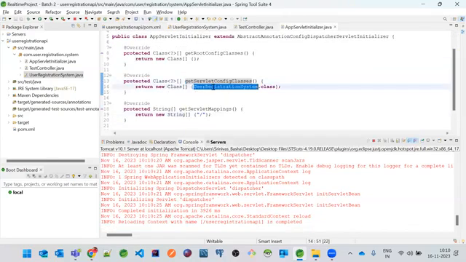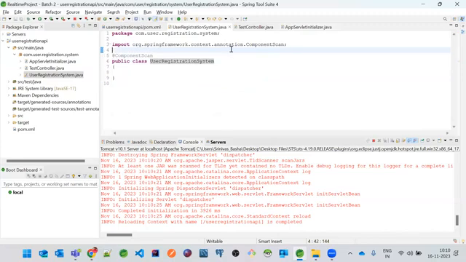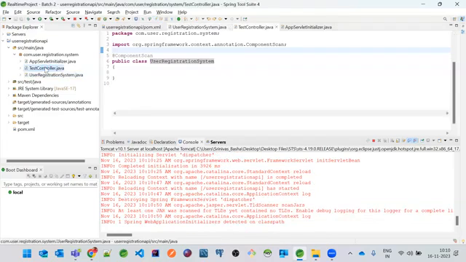So that's the reason I have provided getServletConfigClasses. Here I have provided my user registration system as the configuration class. But you don't have to annotate that with @Configuration. @Configuration will be automatically done by the web application of Spring. Got it? So any questions from anyone? No, I think it is very much clear. But let's dig in deep. Now, if you just go to this controller,